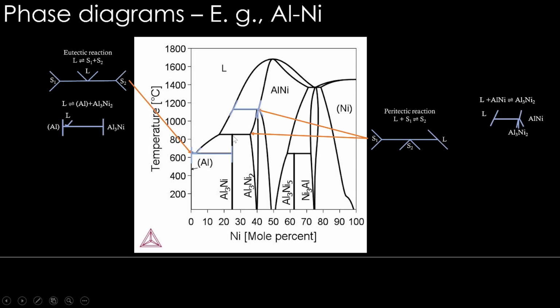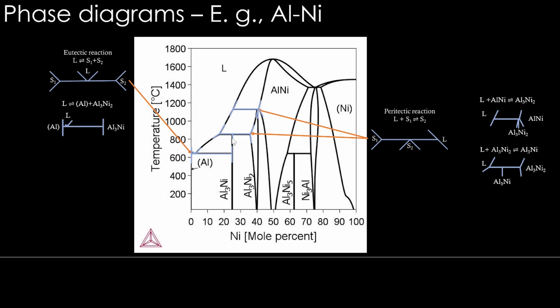There is one more peritectic reaction here. Let's see what is that. So it is this liquid plus Al3Ni2. This is the first solid. These two things combine to give a new solid Al3Ni. So this is how the pattern is. The product is a line compound now. So there is no V sort of thing here. It's just a straight line. So Al3Ni is the product. So this pattern is here. You can see there is liquid on one side. This liquid combines with the solid on this side, which is Al3Ni2, giving this new product Al3Ni.